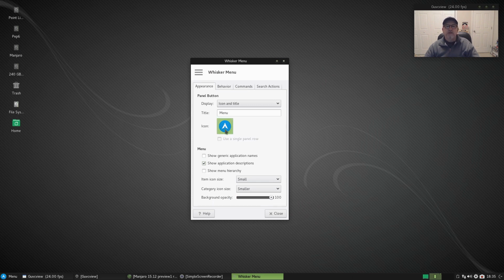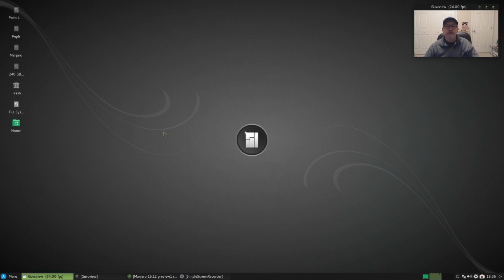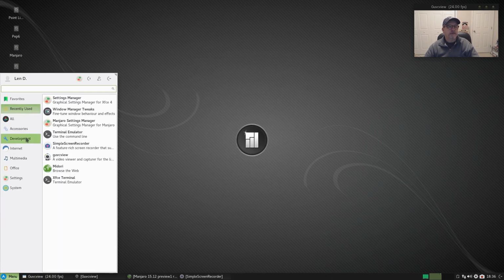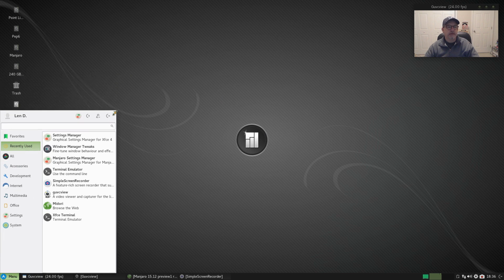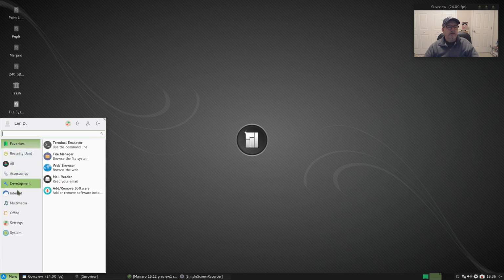Okay. So, on behavior, I like to switch categories by hovering, and I like the categories next to the panel button. And I want to display my recently used by default. So let's see what that looks like now. Categories are down here. I'm going to shrink that back. So categories are on the left. I can switch by hovering,